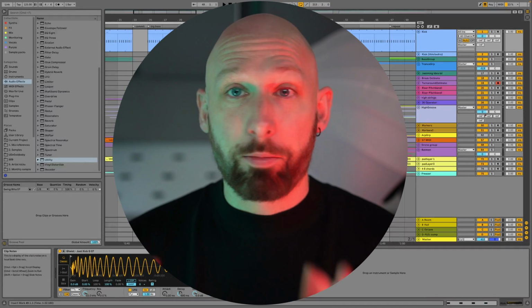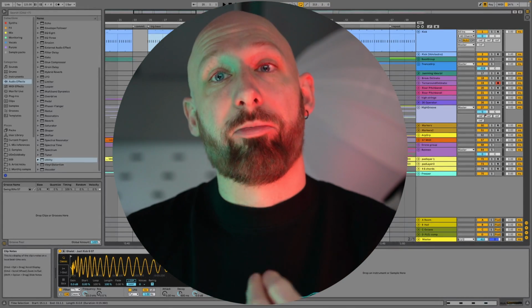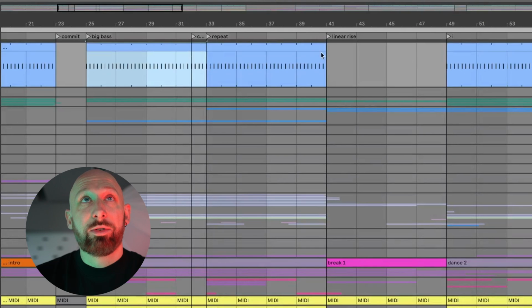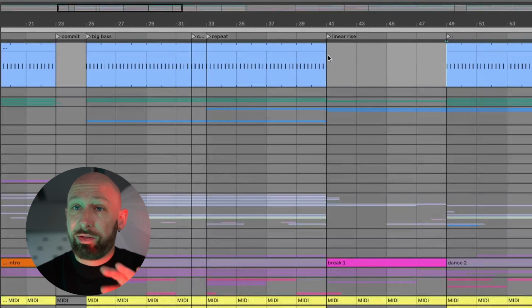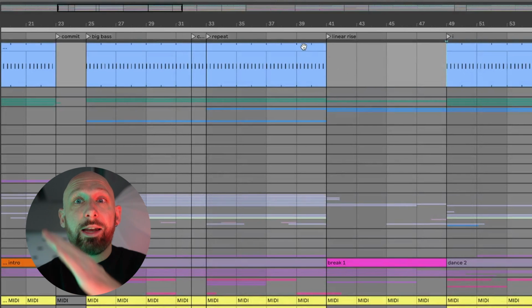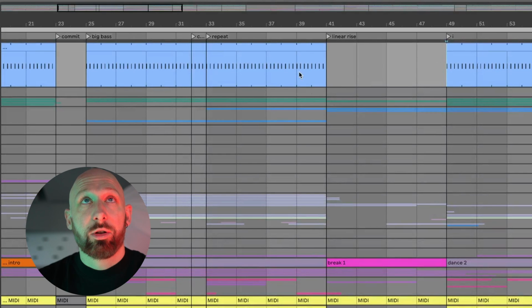That brings me to technique number 2, which I call the linear rise. It's quite simple. This is really a type of break, not a turnaround. It is where you take an entire 8-bar section and you just cut out a whole bunch of elements, and then from the moment you cut things out, you start building the energy so that at the drop, when the beat comes back in, you have a release of energy. So let me show you an example of that now.